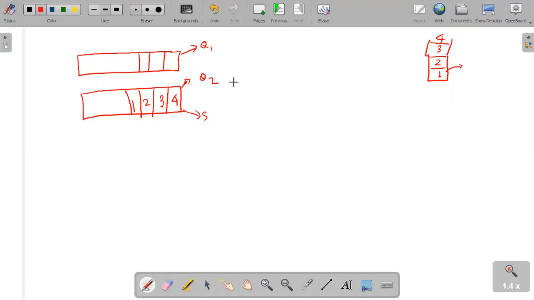Okay, let me try to write the function here only. I'm writing the push operation here.